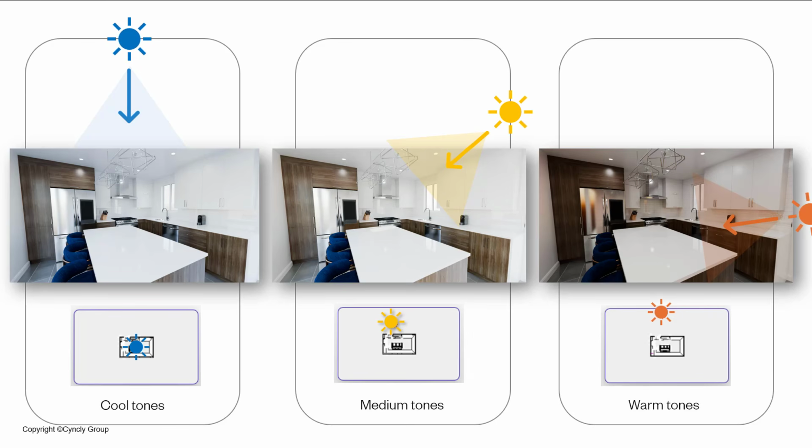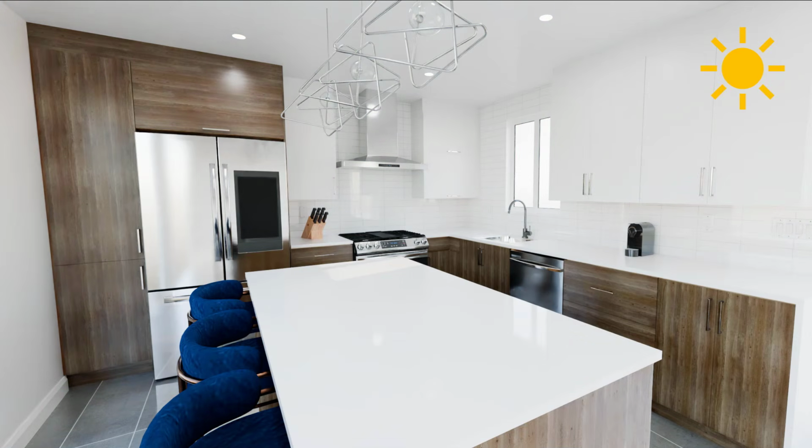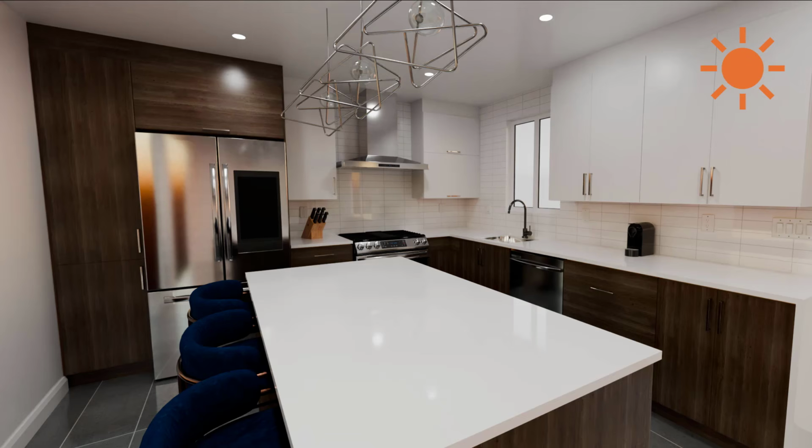But as I pull the sun away from the project, away from the drawing, the warmer it's going to tend to get. So look at how different these can result at the end. When I have that really blue, cool undertone because my sun is right above the project, that white almost looks like a really, really light blue. If I pull the sun away from the project a little bit, that's where we get that nice kind of middle tone. And then when I pull the sun all the way to the edge of the floor plan screen,